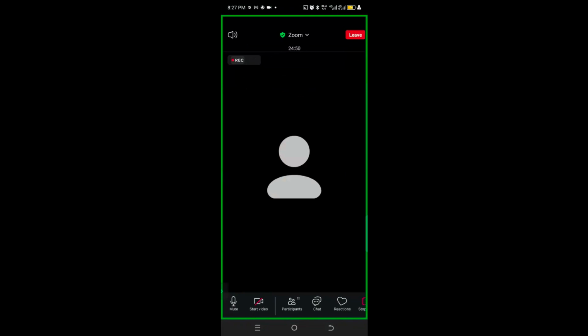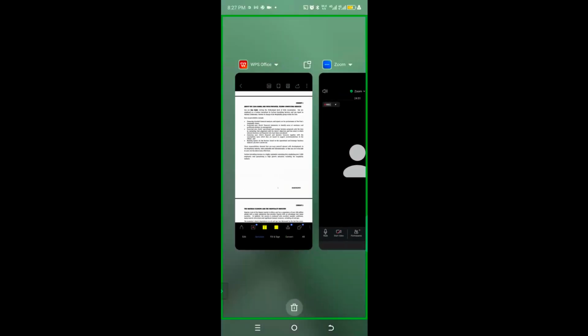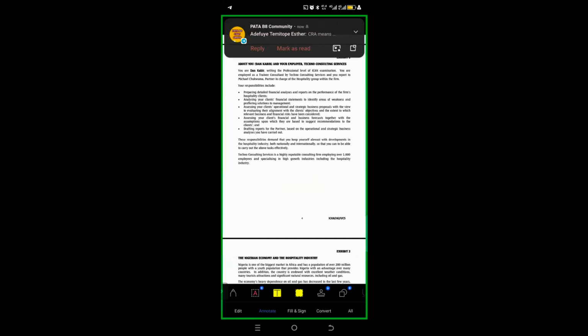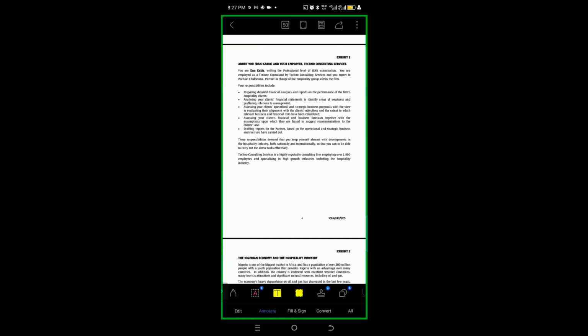Exhibit 1 is all about me writing the exam, my level, and the assignment that was given to me by my partner, my boss, to carry out some financial analysis in hospitality. It is just about me, the assignment I need to carry out, and what my expectations should be. So I think that is what Exhibit 1 is talking about. Okay. Any other contribution? Thank you.